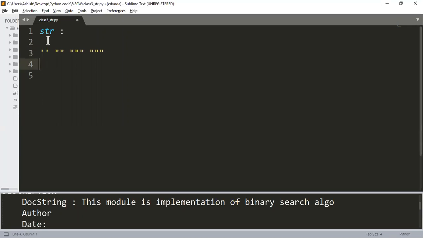Next thing, strings are immutable. Third, strings are ordered. So let's go through these three points. When I say immutable, which means